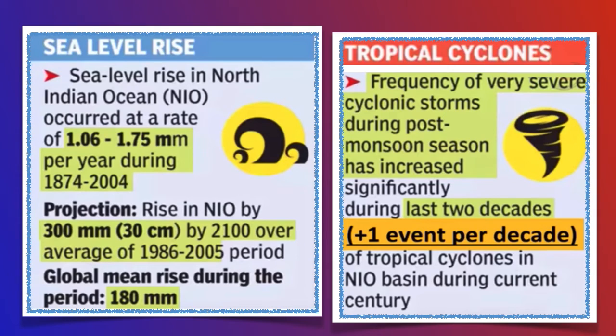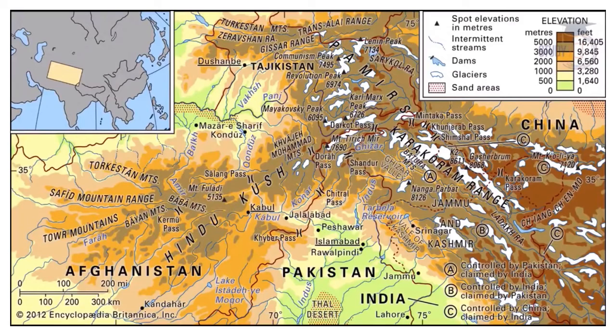Let's explore climate change in the Himalayas. This is a physiographical map of India, especially the Himalayan range, where you can see Hindu Kush towards the northeast, mostly located in Afghanistan, but the Karakoram range located in northern India. Most of the climatic studies were focused on these two mountain ranges because these two have a major contribution in the climatic patterns in India, especially northern India.